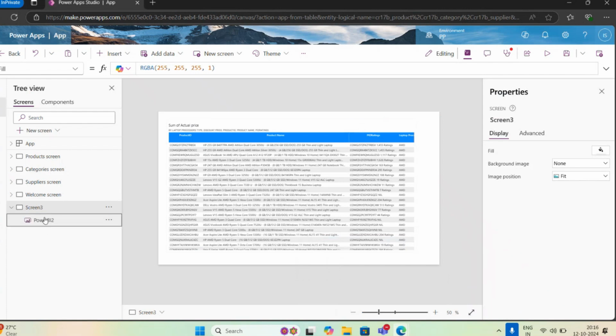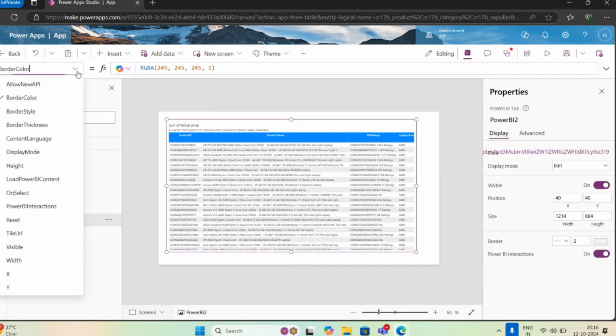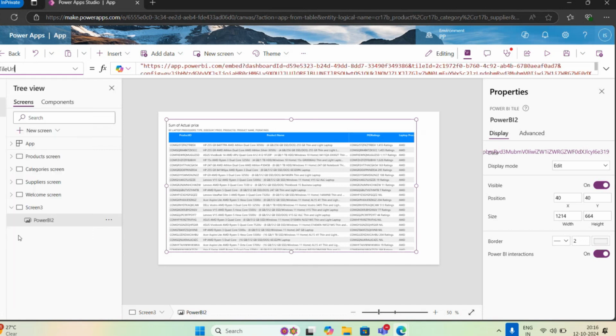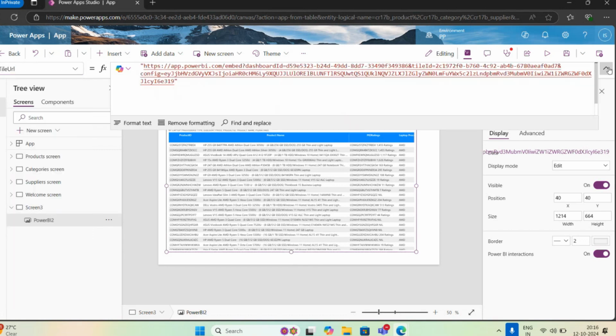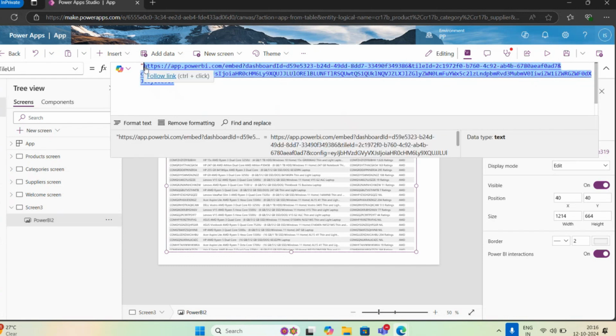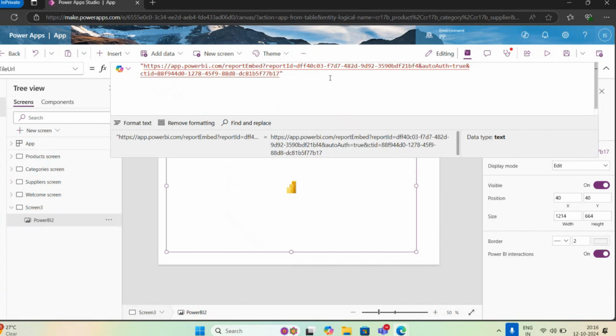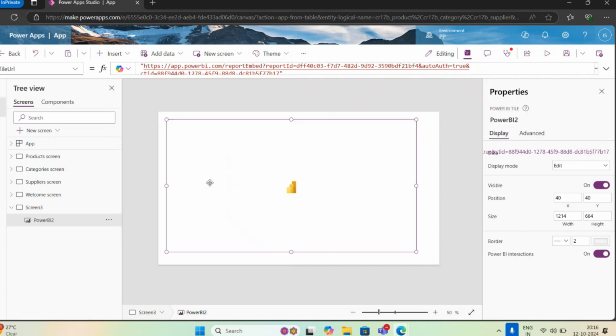So just select the control for the Power BI tile that you have added. Go to these action properties, click on tile URL. So here you can see it has automatically generated the URL for the previous steps that we have done. So just replace this URL with the one that we copied. Okay, and just see the magic. So now just wait for a few seconds and it will automatically integrate your Power BI report with the Canvas app. You don't need to share it with the users individually, both reports and Canvas app. You can integrate it in the Canvas app and you can share it with the user. The user will be able to view both your Canvas app as well as your Power BI report. Look,